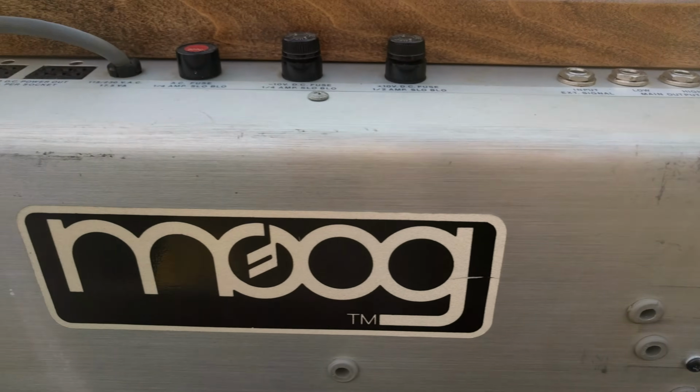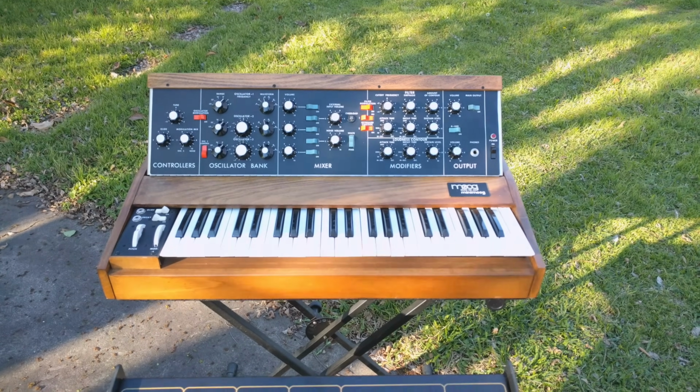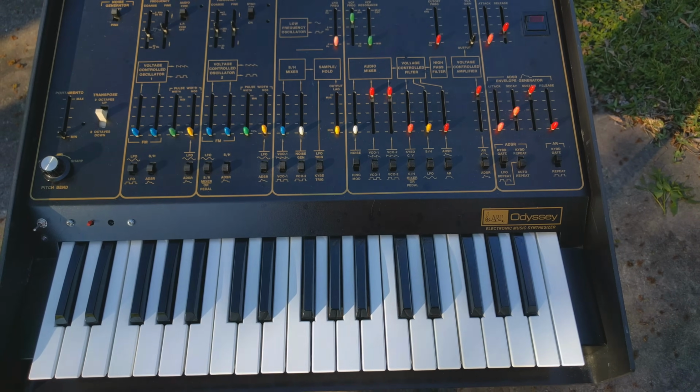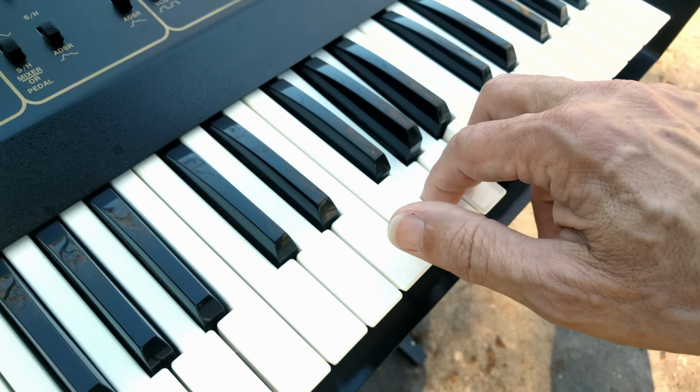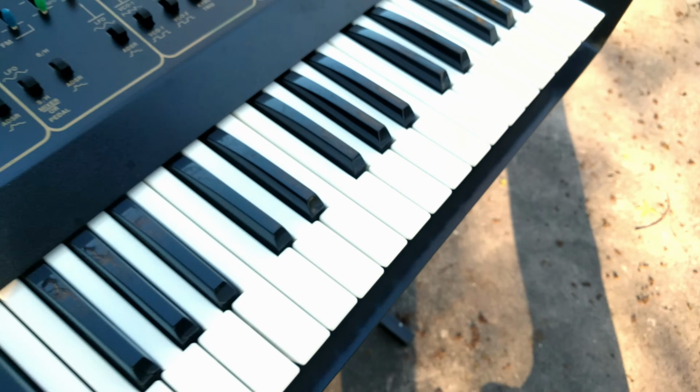In the early 1970s, the two titans of the synthesizer world were Moog and Arp. Mini-Moogs were everywhere, and Arp answered with the Odyssey, a two-oscillator monosynth that had a unique duophonic keyboard, meaning that